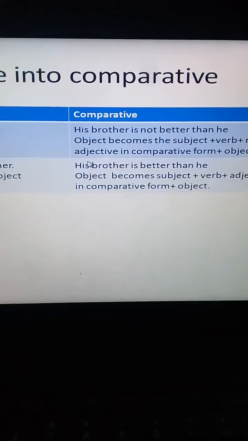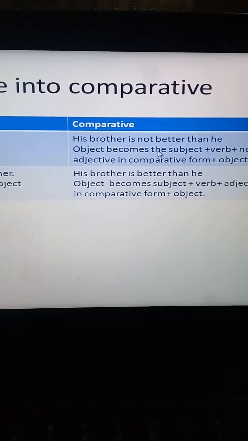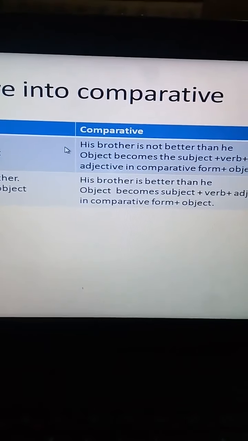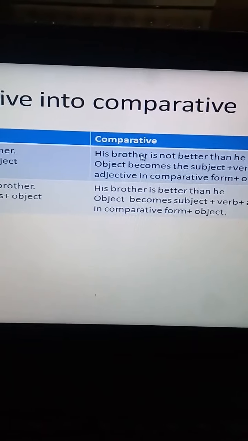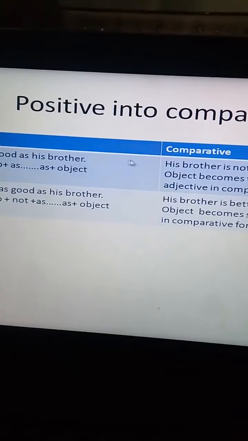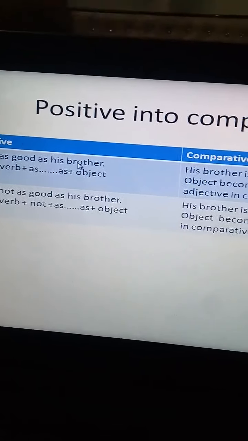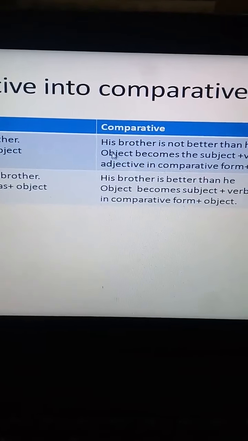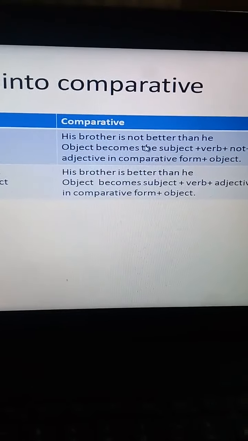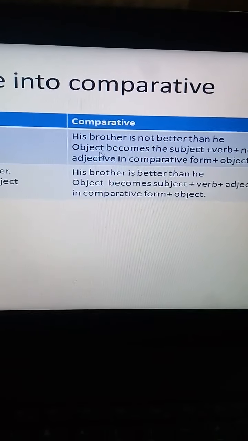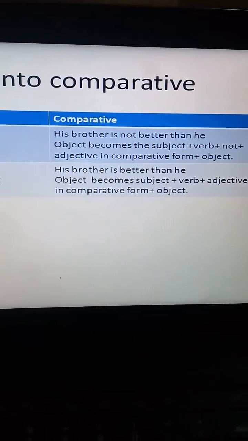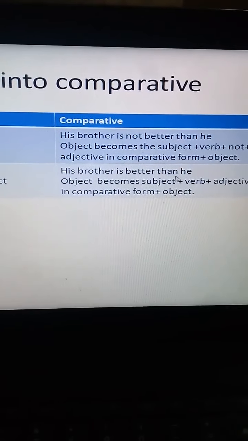In the comparative sentence, just look at this: his brother is not better than he. Here, you have already noticed that I have written his brother as an object in the positive degree. But in the comparative degree, I have written his brother as a subject. His brother is not better than he. So the structure is, here the object becomes the subject, then verb, then not, an adjective in comparative form,